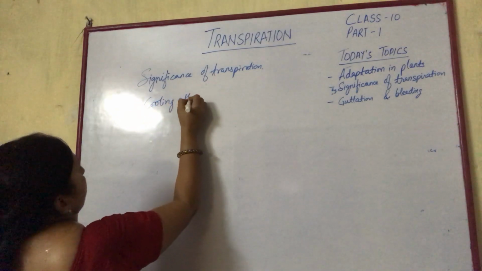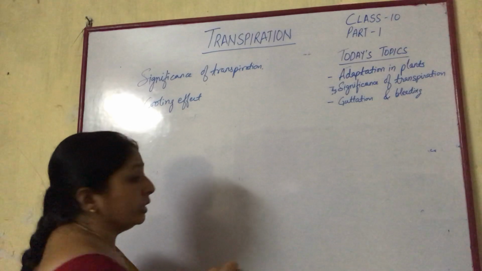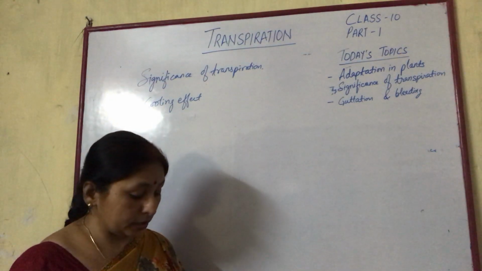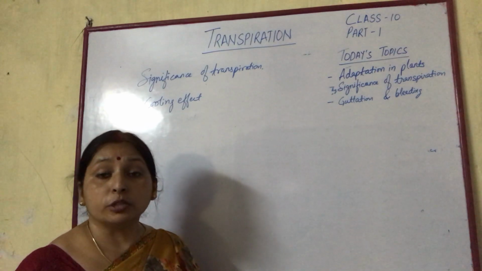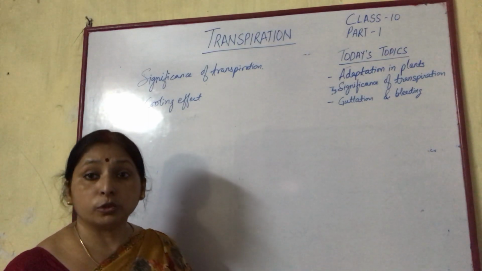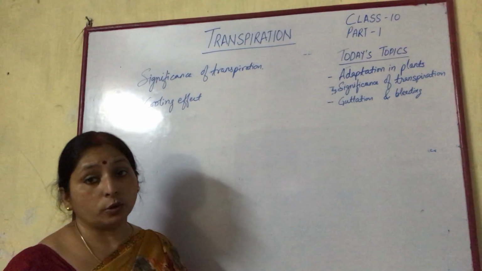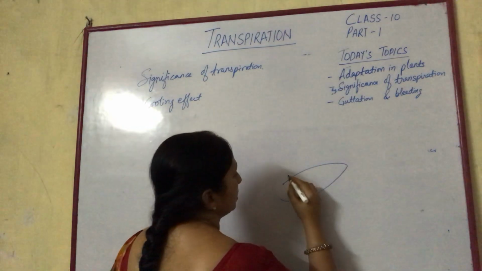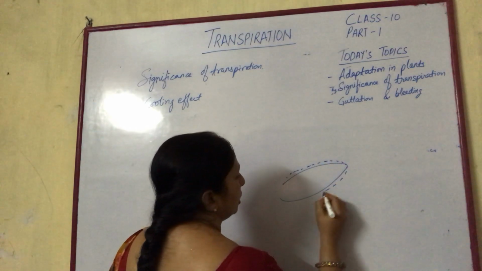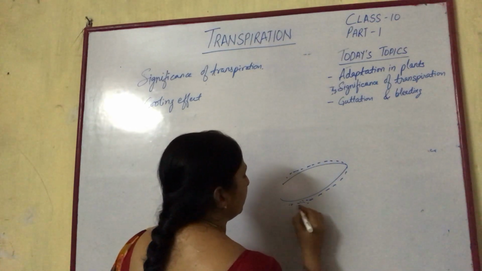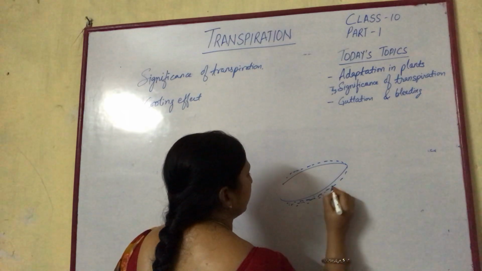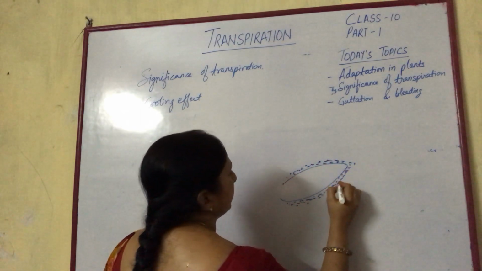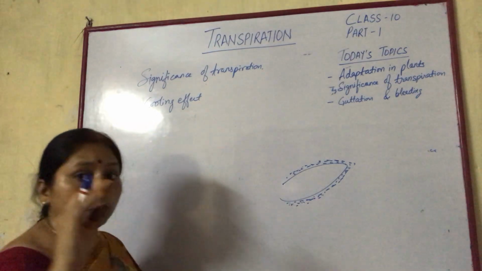Cooling effect is: transpiration results in the oozing out of water, or loss of water, through the stomatal openings, and the water vapors are more near the leaf surface. So there is more concentration of water vapor near the leaf surface, resulting in cooling down of